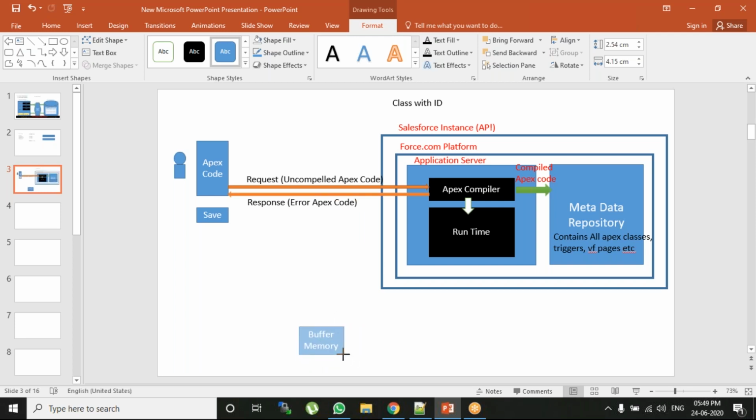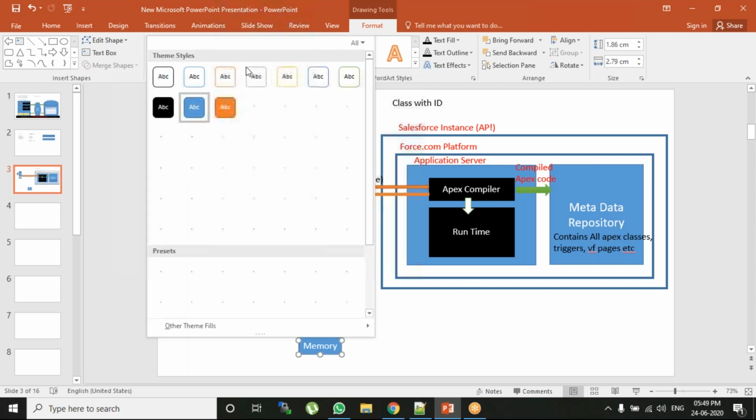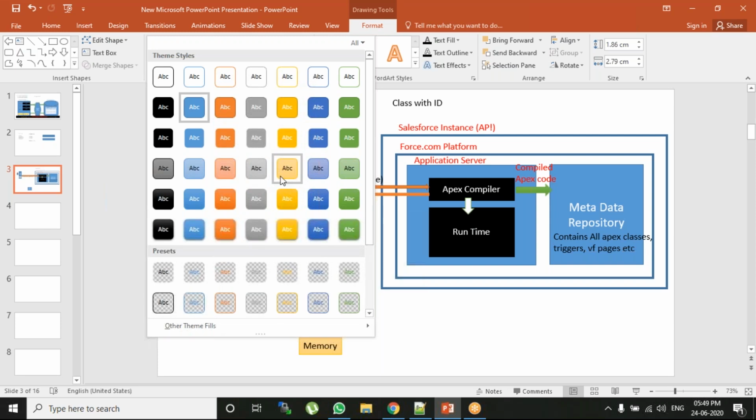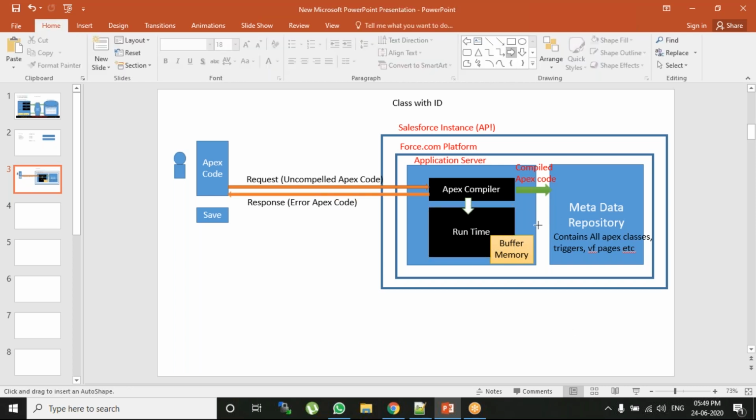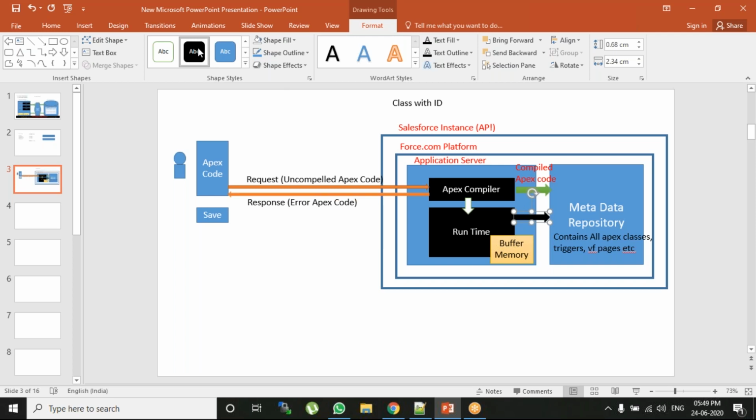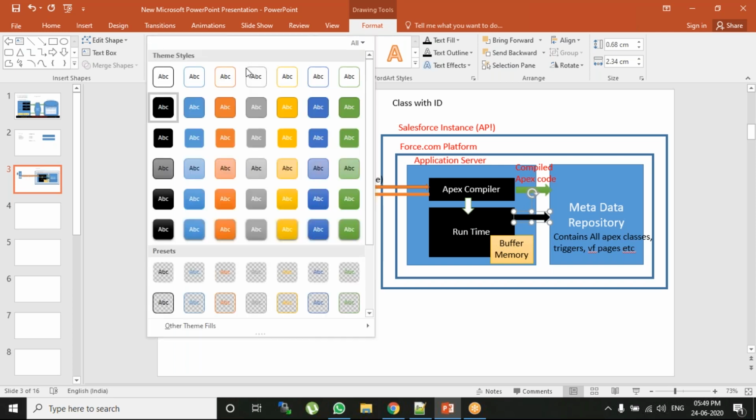What does this buffer memory do? Buffer memory is nothing but what it stores: the present execution information. Got it. Okay, so this runtime will get the information from the metadata. Why? Because we already provided a class ID. So based on the class ID,